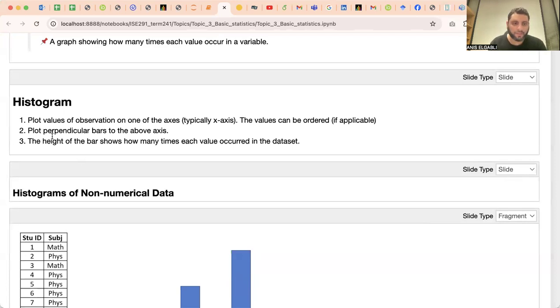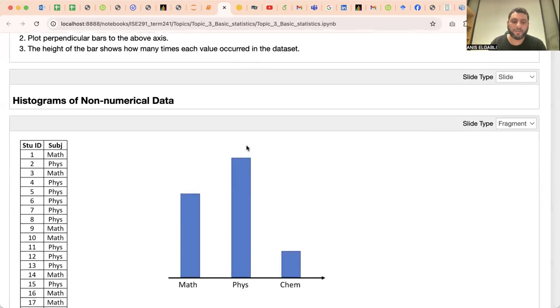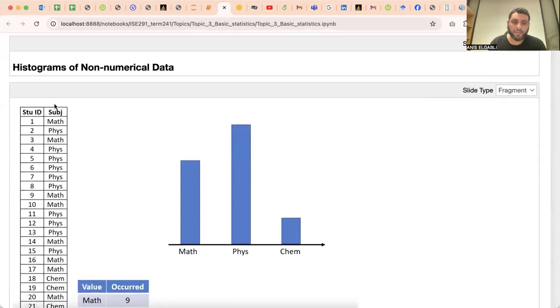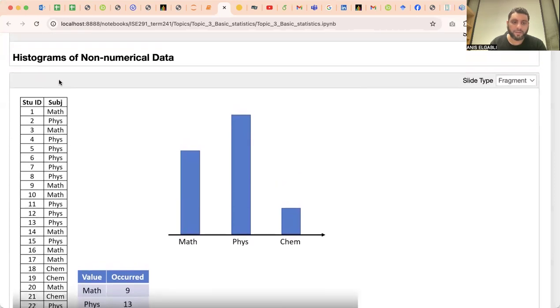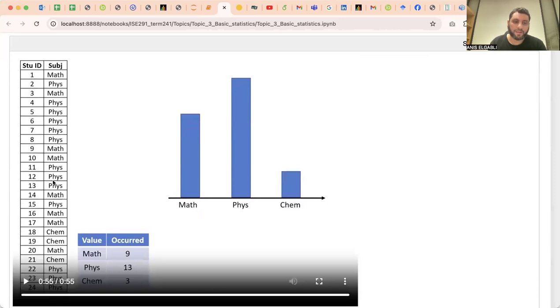So plot perpendicular bars to the above x-axis. The height of the bar shows how many times each value occurred in a data set. For example, here, we have this field, subject. Subject can take one of these values: math, physics, and I think chemistry. There are three choices, or three categories. It's a categorical